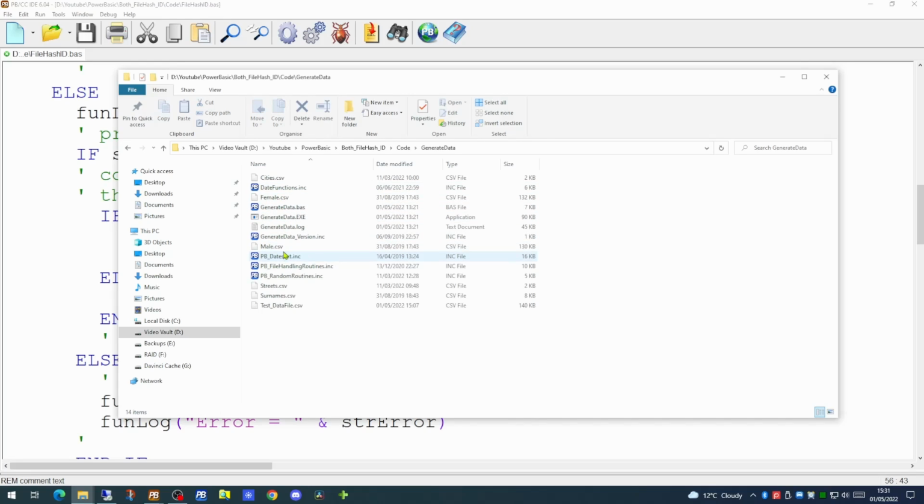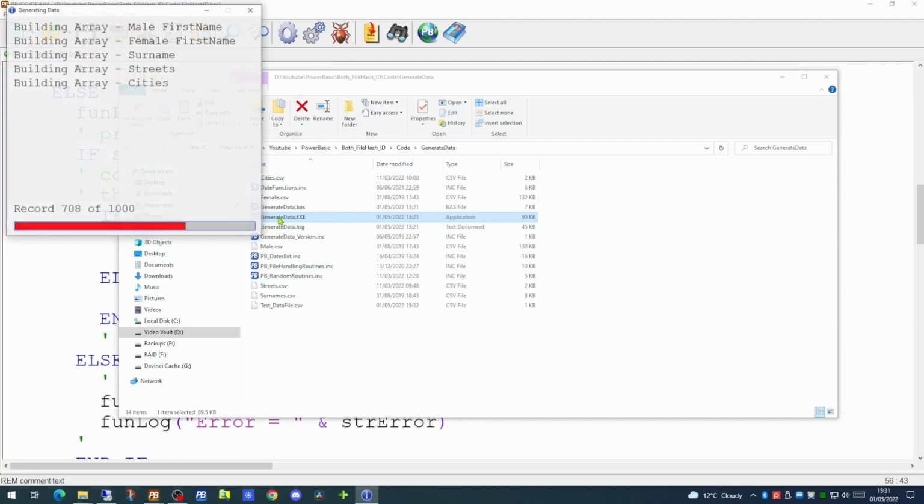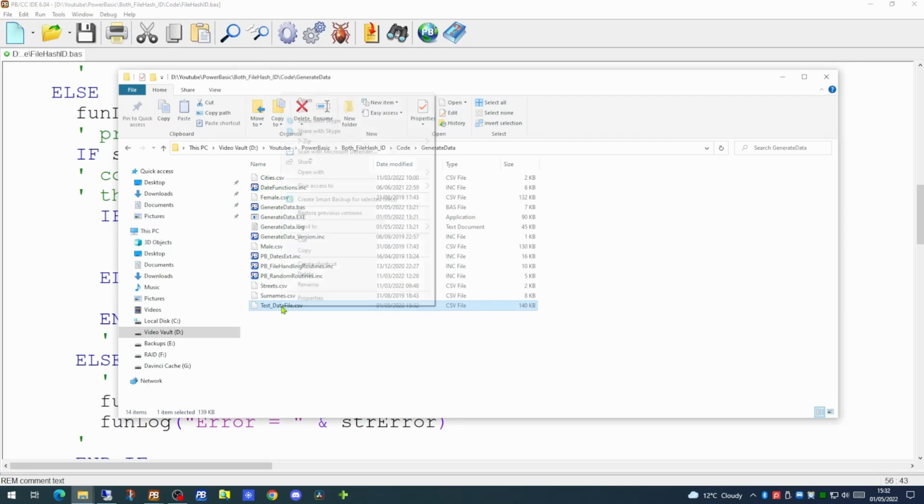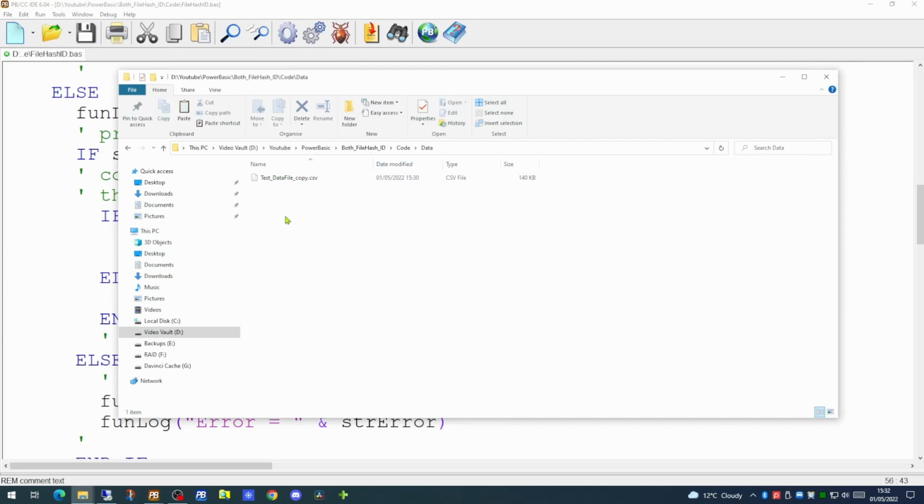So if we generate an entirely new file, and then we copy that file and paste that into our data folder, we now have two files, test data file and test data file copy.